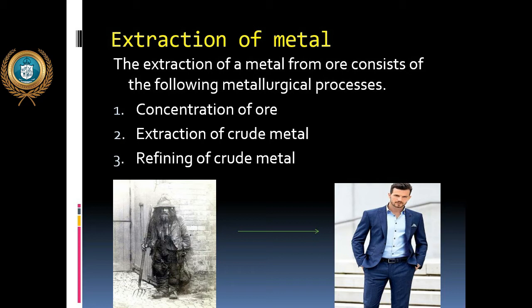Now, after first removing that, there will still be some impurities along with the metal in the ore. We have seen already that metal exists in the combined state. Most of the metal will be in the combined state, like metal oxide or metal sulfide. Now, to remove the metal from it, we have to remove the oxide. So this is the second process. In the second process, we are extracting the metal from its metal oxide, metal sulfide or metal carbonates. This is the second process.